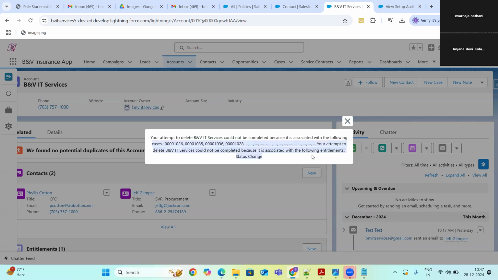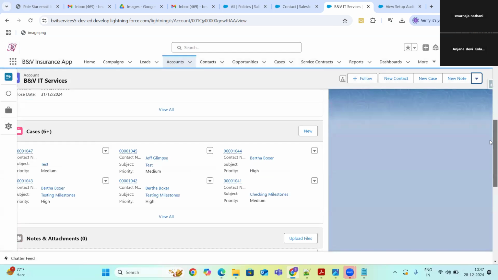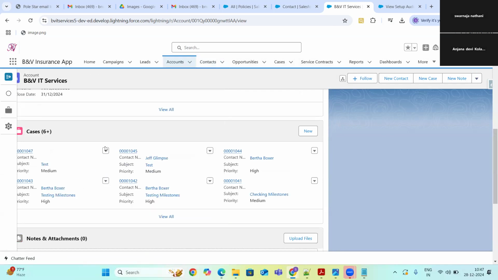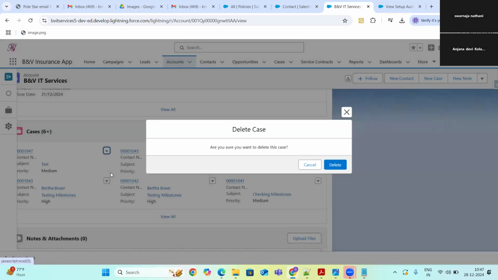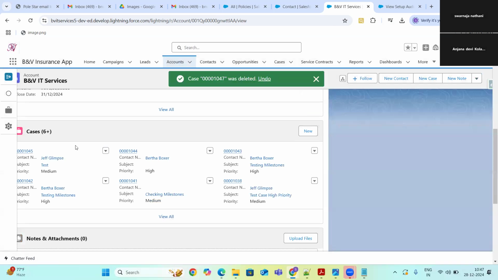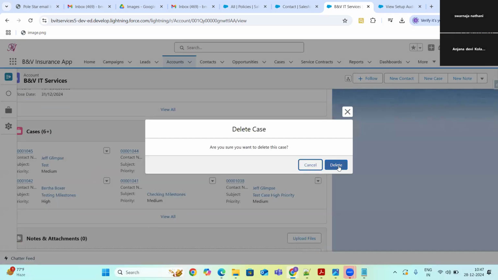So what I can do right now is go to the cases. These are the 6 cases, right? So let me try to delete the cases first. Yes, I want to delete this case. This is done. Then delete this case.